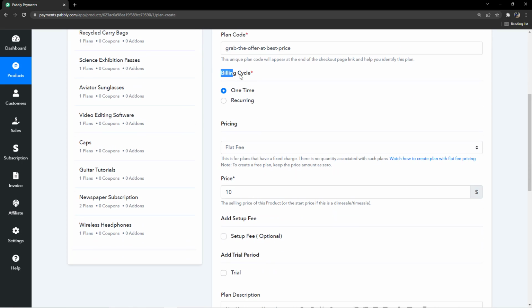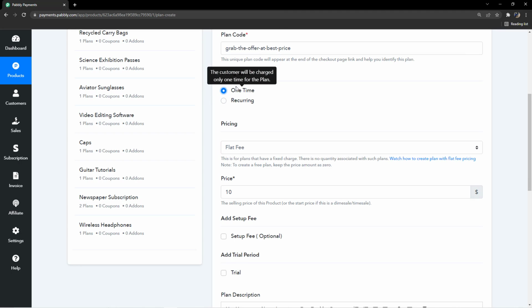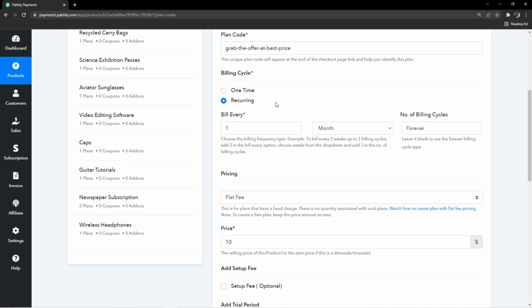Now we need to select the billing cycle, and as you can see, there are two types of billing cycles, that is one time and other being the recurring. Now if you wish to receive a one-time payment from your customers, you can just simply select a one-time billing cycle. Or if you wish to charge your customers every monthly, weekly or yearly for a number of billing cycles, so for that you can just enter the number of billing cycles here. Or if you wish to charge your customers automatically every monthly, weekly or yearly depending upon the plan, so for that you can just keep the space empty here